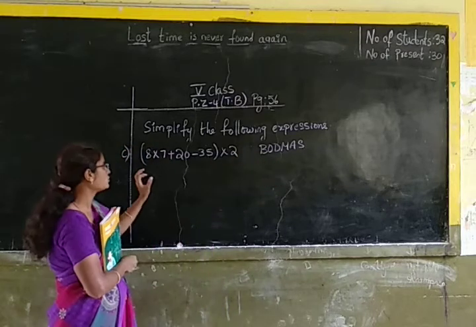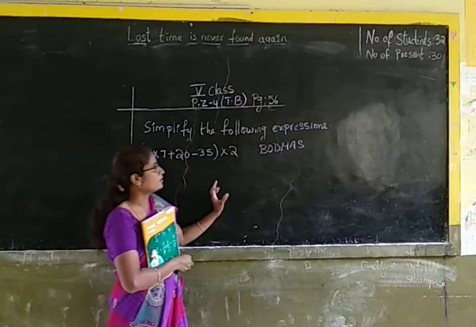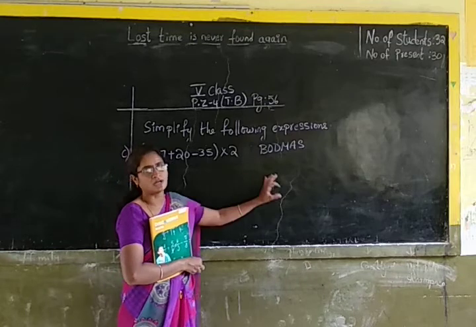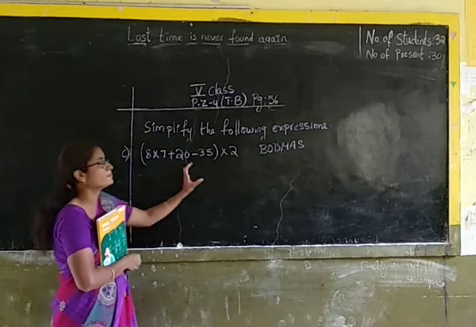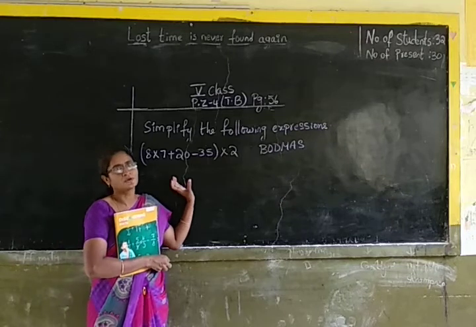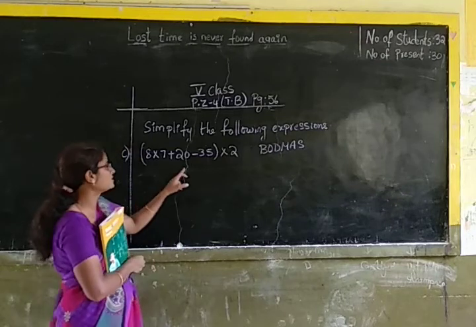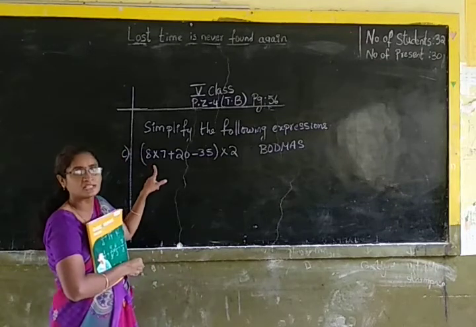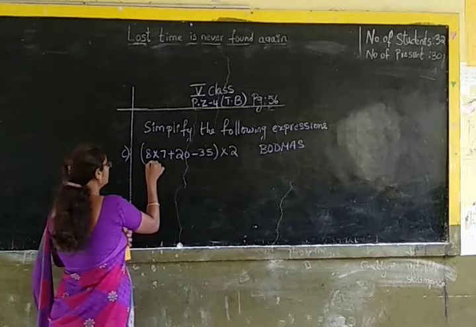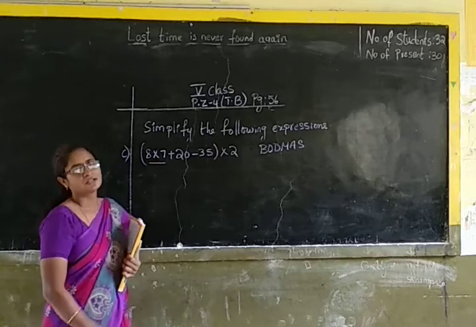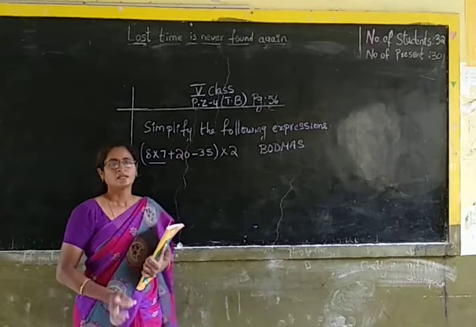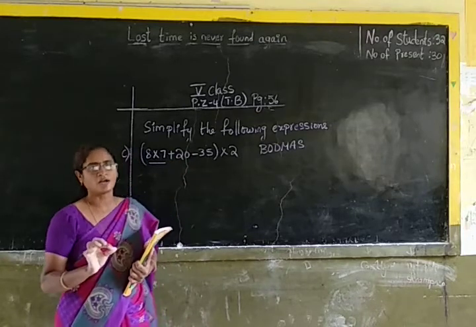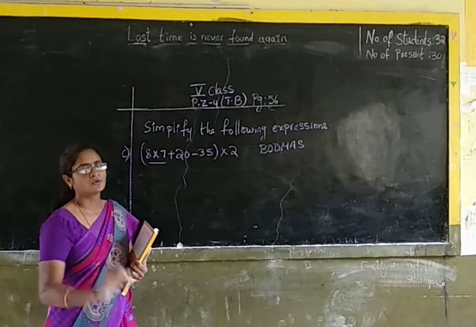That means first you have to do division, then multiplication, after that addition, and at the last subtraction. Inside of the bracket also you have to work according to the BODMAS rule only. Here no division is given, but multiplication is there. So first you have to do the multiplication. Did you understand children? First you have to solve the terms inside the bracket, and they are also solved according to the BODMAS rule.